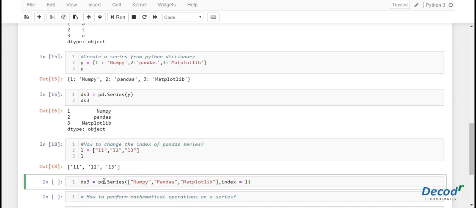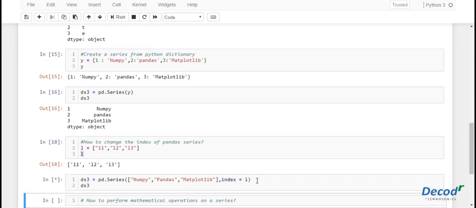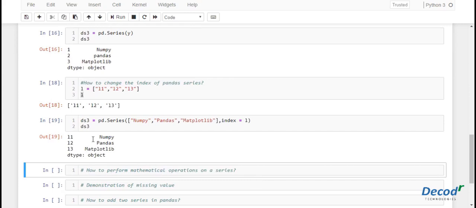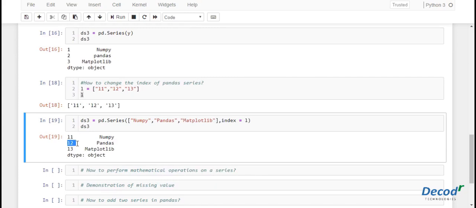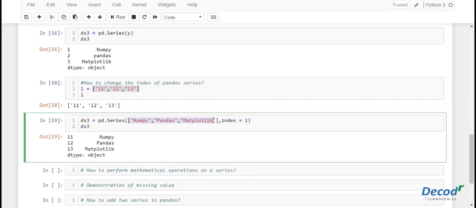So pandas series takes one more parameter which is called index, and this index is mapped to the list L. You can see the index of the pandas series. It is named according to the list in the same order as it is mentioned here.